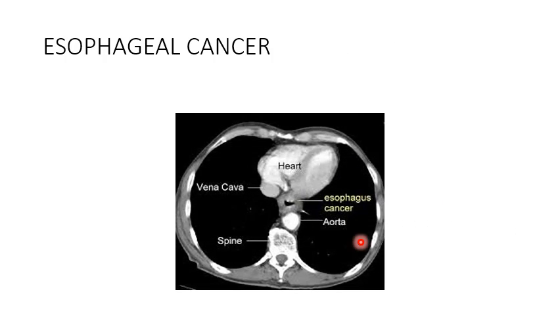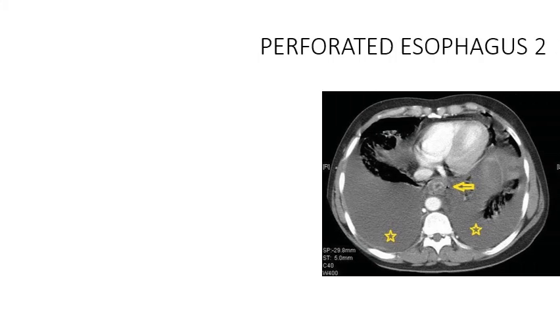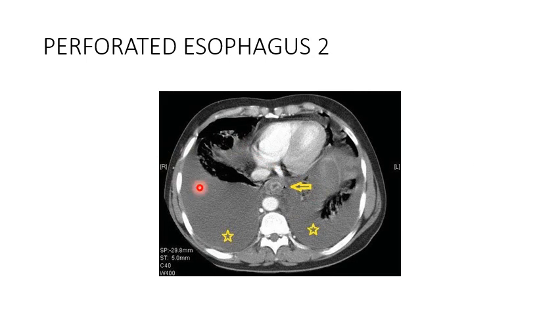This is a CT scan done in a patient with esophageal cancer. I put this here for you to appreciate how the wall of the esophagus has become thickened in cancer. And even this can lead to perforation of the esophagus. This is another perforated esophagus, and you can see that the effusion, the fluid that has come into the pleural space, is a lot. And this is a very dangerous